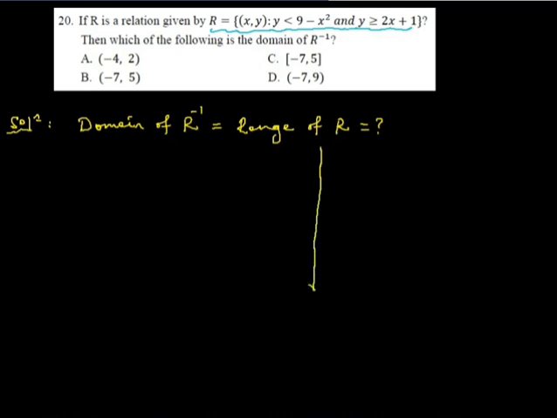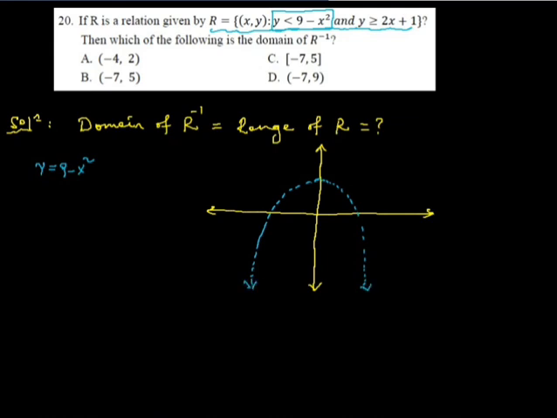so range of r ለማግኘት we need to sketch the graphical representation of the relation. ሪሌሽናችንን ግራፊካሊ ሪፕሬዘንት እናደርጋለን። so in the given relation በተሰጠው ሪሌሽን ውስጥ ሁለት ነገር አለን። አንደኛው y less than 9 minus x square ሲሆን this is a parabola, downward parabola ነው። ኢኒኳሊቲ የነበረውን ለጊዜው ድሮፕ አድርገን y is equals to 9 minus x square ብናይ this is a parabola which is downward a negative ስለሆነ downward ይሆናል so strict inequality ስለሆነ broken የሆነ parabola ነው የምንሰራው okay our parabola will be broken and the vertex of the parabola will be on the y-axis okay ምን ማወቅ ያስፈልጋችኋል የኳድራቲክ ፋንክሽን ግራፍ በደንብ መረዳት ያስፈልጋል the vertex of this parabola will be on